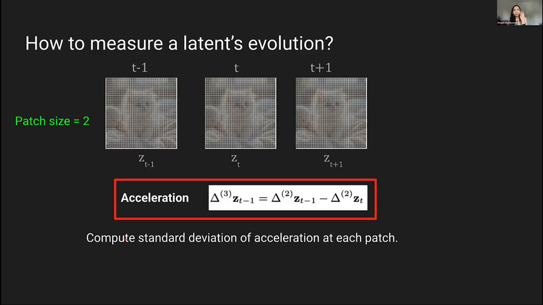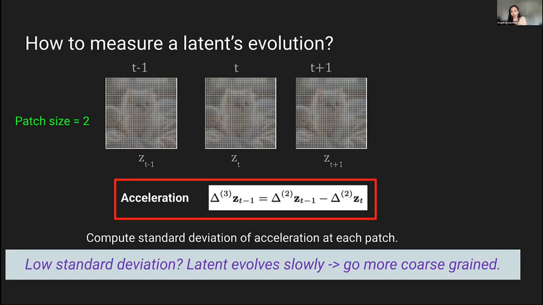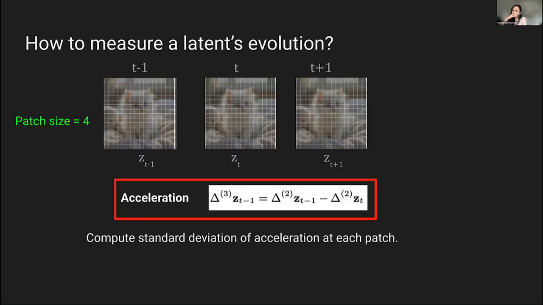And then we compute the standard deviation of this acceleration. Our hypothesis is if the standard deviation is low, then not a lot of change has occurred because the acceleration has not varied that much. So we sample a slightly higher patch size.